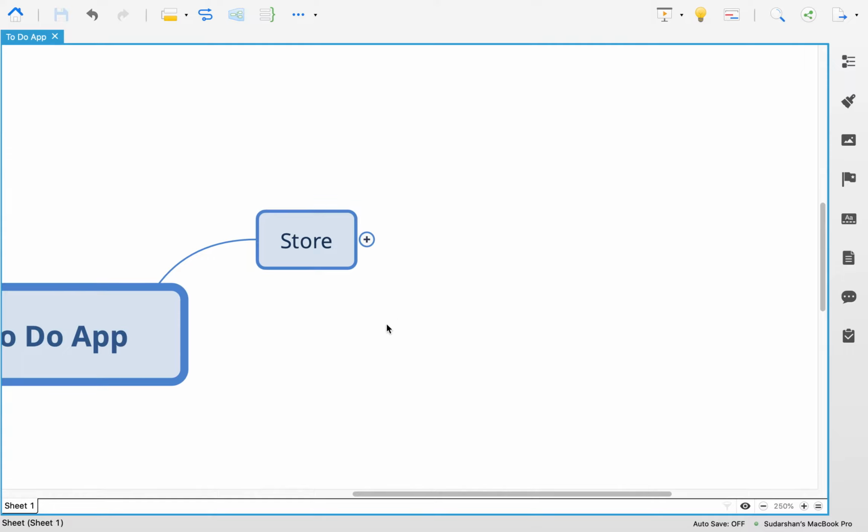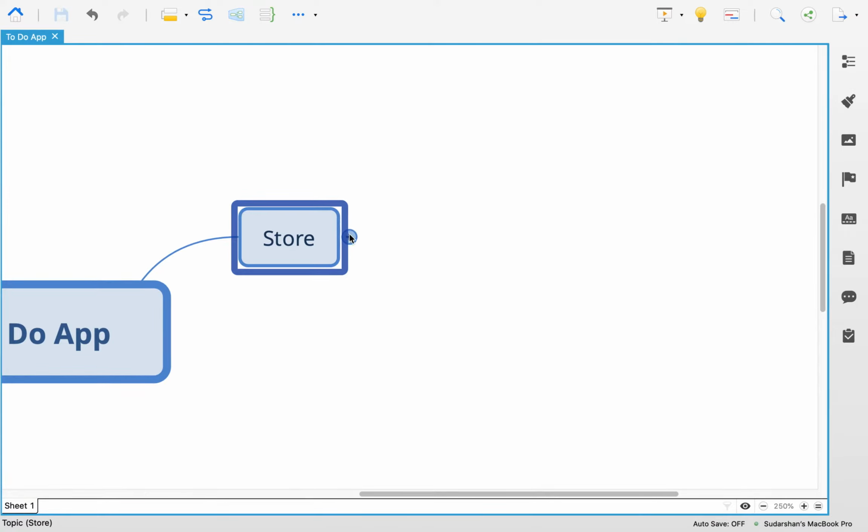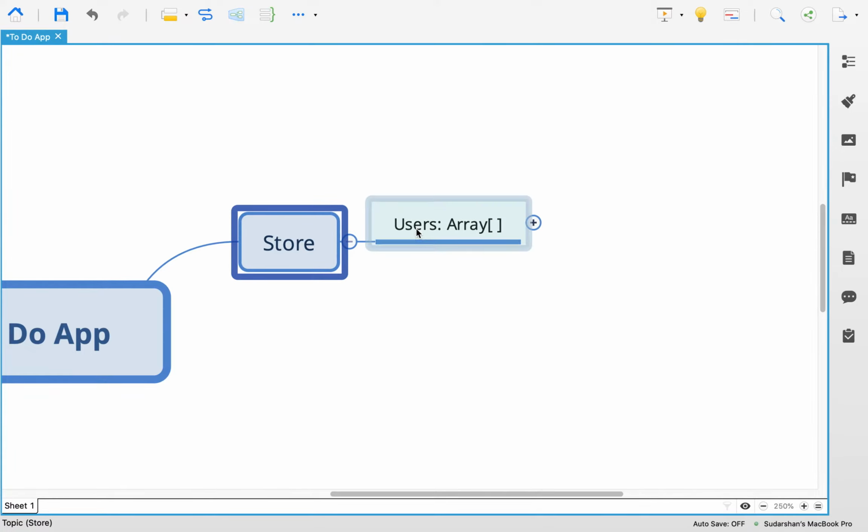So let me show you how we are going to structure our store. The store is going to be one variable in Node.js which we are going to create. It will be an object or a class which will have users.